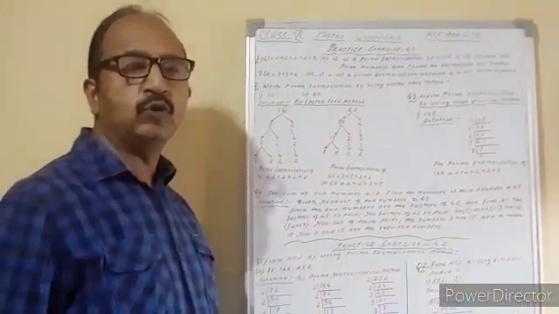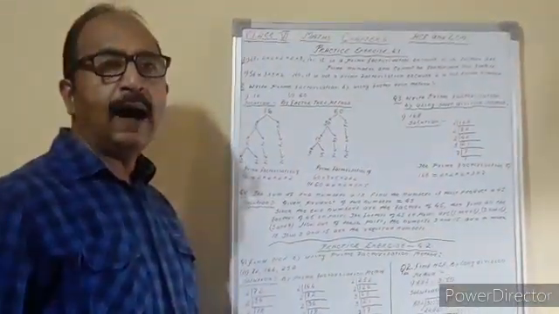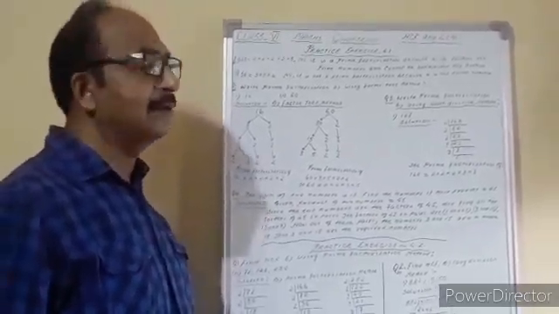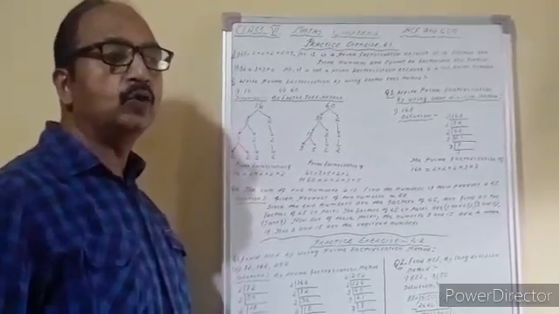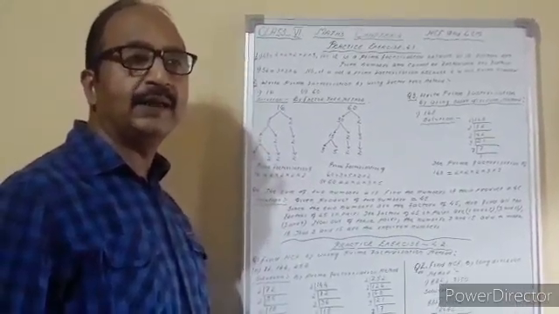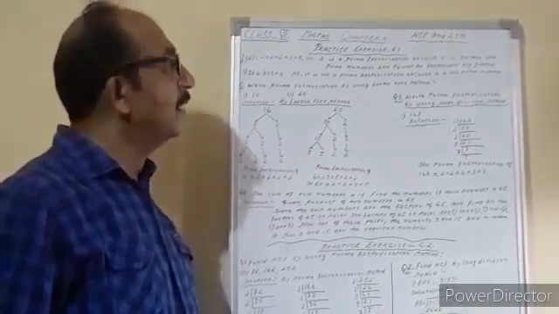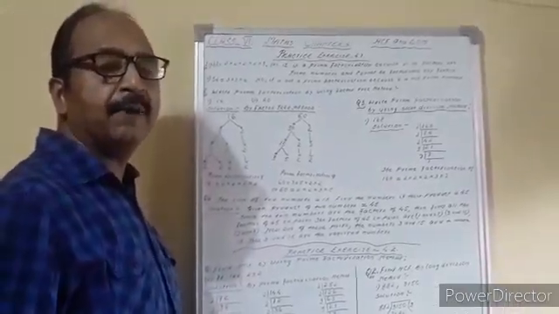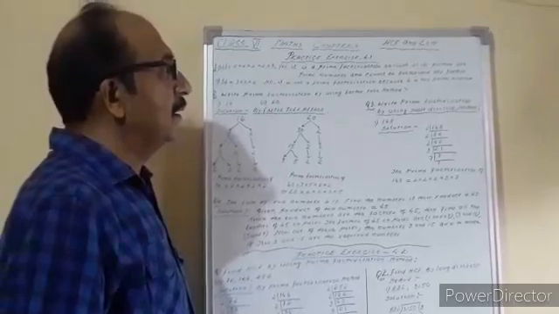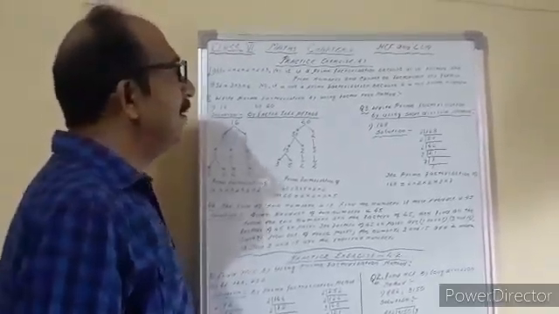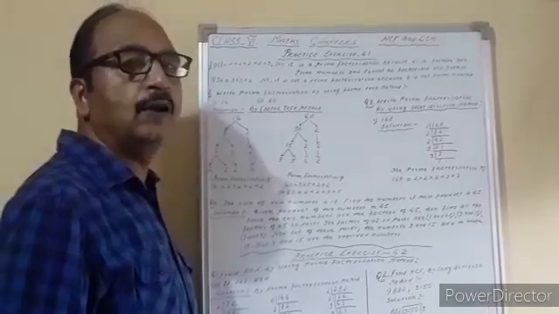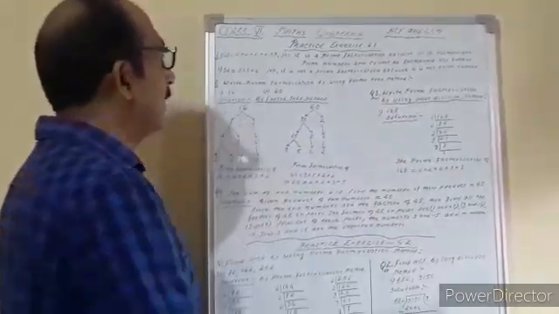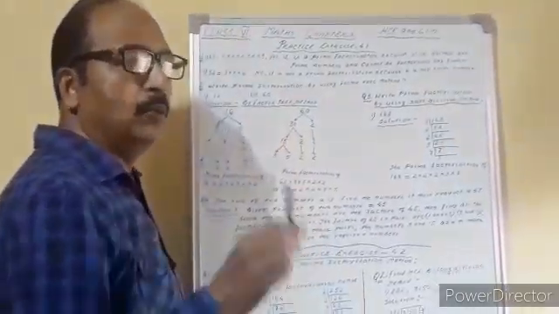Today I am going to teach you from your new book, and the exercise is from the same book that is going to be used in the session 2020 and 2021. Now the chapter is the fourth chapter, and yesterday itself I explained the fourth chapter, HCF and LCM. Under this, the first exercise given in your book is practice exercise 4.1. I have chosen a question from your book itself.